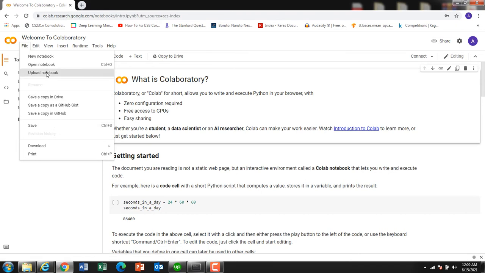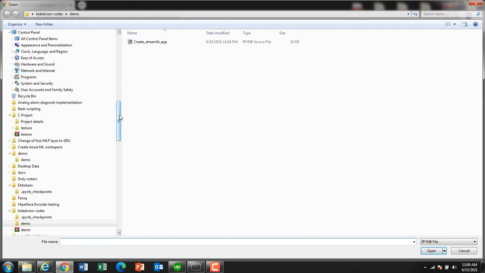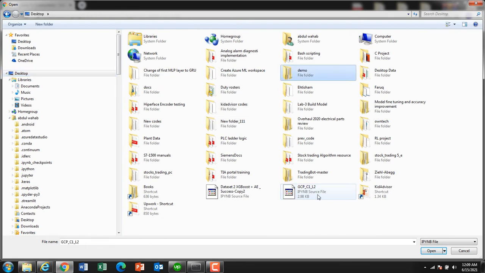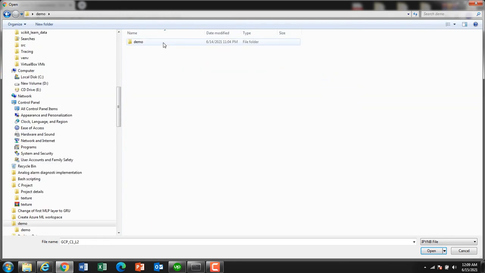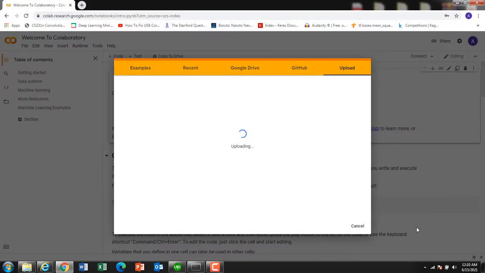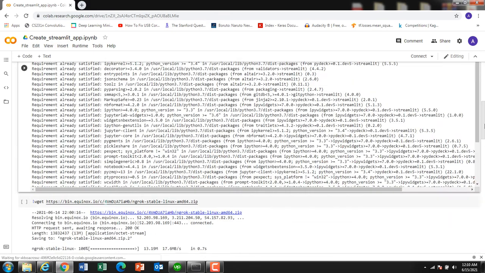So now I can easily upload the notebook. On the desktop we have the demo. Inside the demo we have this create Streamlit app file that we will open. So this is the file that we need to open.